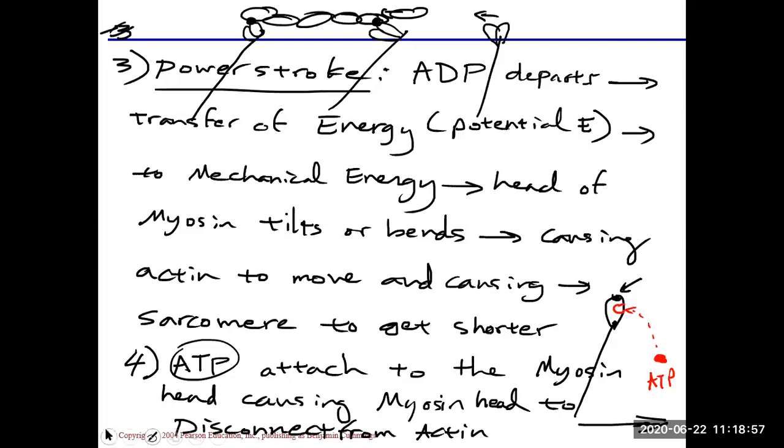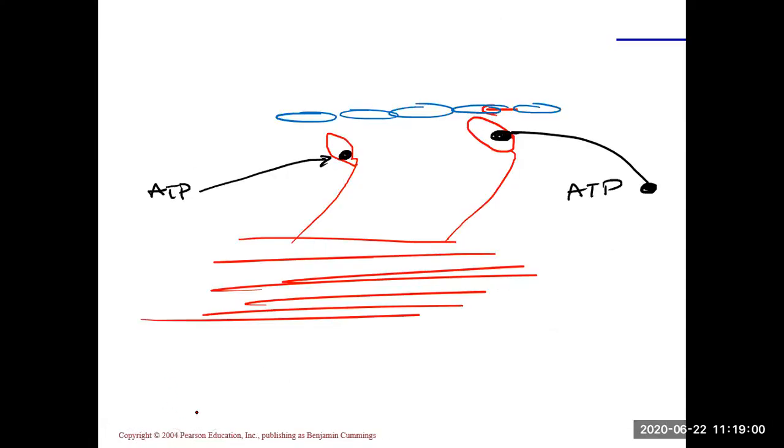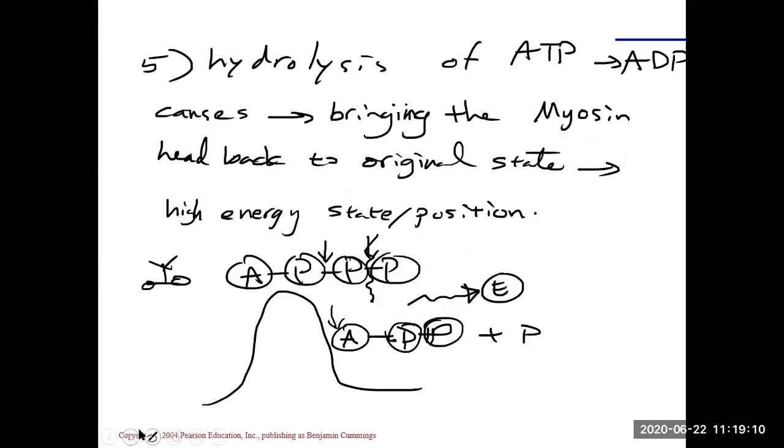Step number 5. So here is disconnected. ATP binded, and now it is disconnected. You could see ATP binded, it got disconnected. Step number 5 is called hydrolysis of ATP. Hydrolysis, if you recall, we mentioned lyse with water, break with water. In other words, the water comes in and breaks the head,